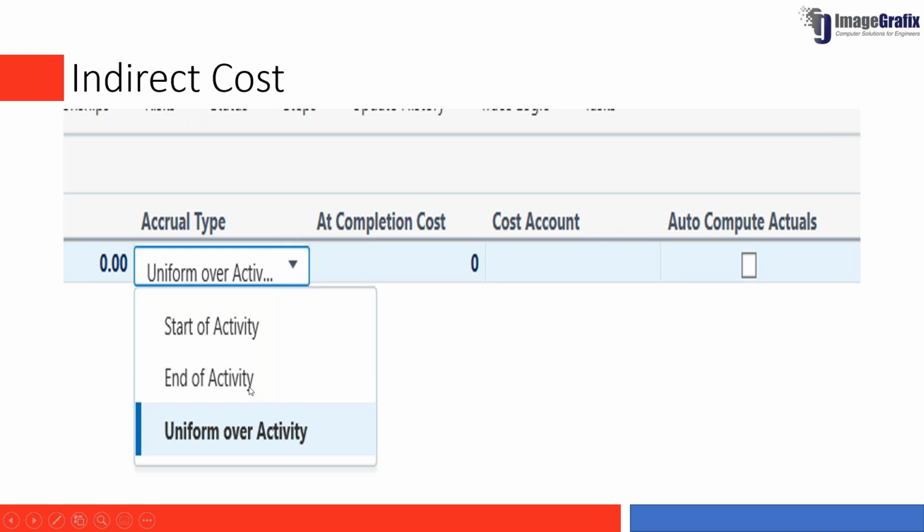Or in case there is an activity where you pay in advance and then take the service, you can mark it as start of the activity. Or if the payment is going to be uniform over the activity, then you can use the uniform over the activity option. So these options will help you in doing your cost management, both direct and indirect cost, effectively.